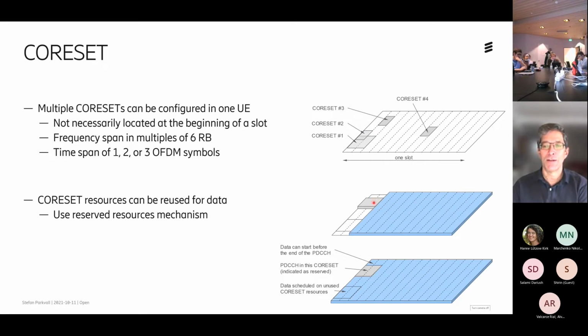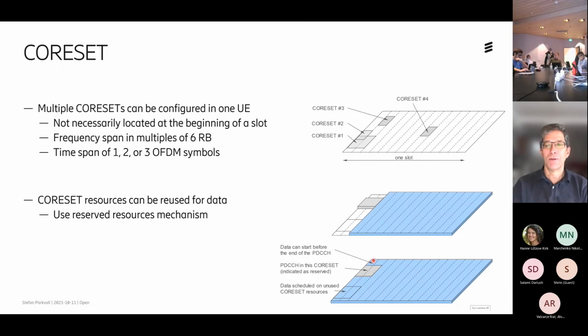But the control channel you find there could actually point to the data transmission starting already in the first OFDM symbol, at the same time as the core set. And to do that, I use this reserved resource mechanism. I don't think we went through that. That was probably one of the hidden slides. But there is a possibility in the downlink for the data channel to declare some time frequency resources as reserved, meaning that I should not expect data to be mapped on those resources. And I can configure a number of these patterns, and then I can dynamically indicate whether any of these reserved patterns are